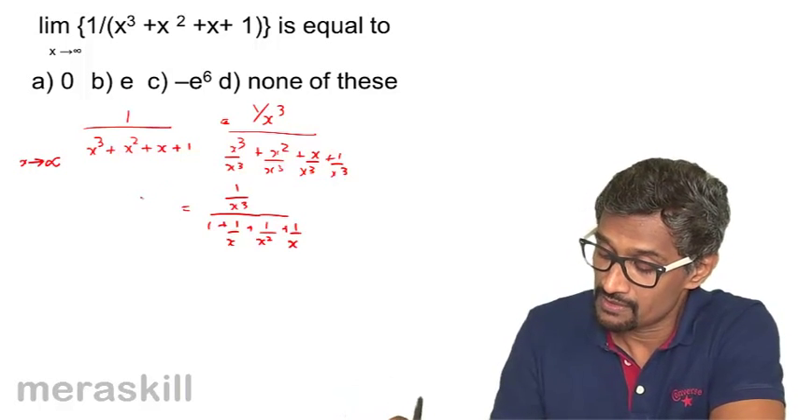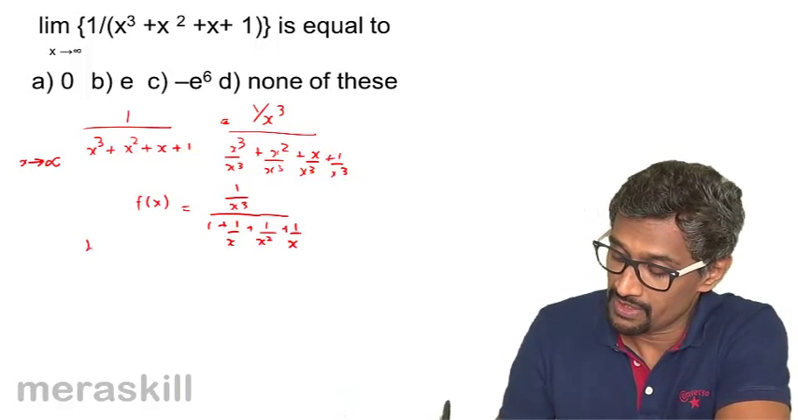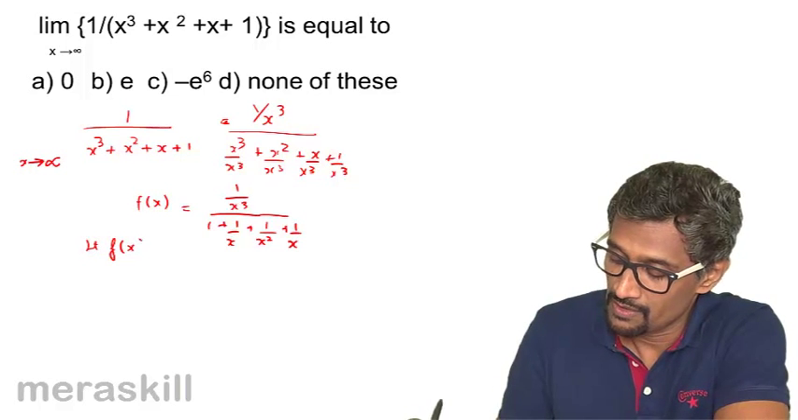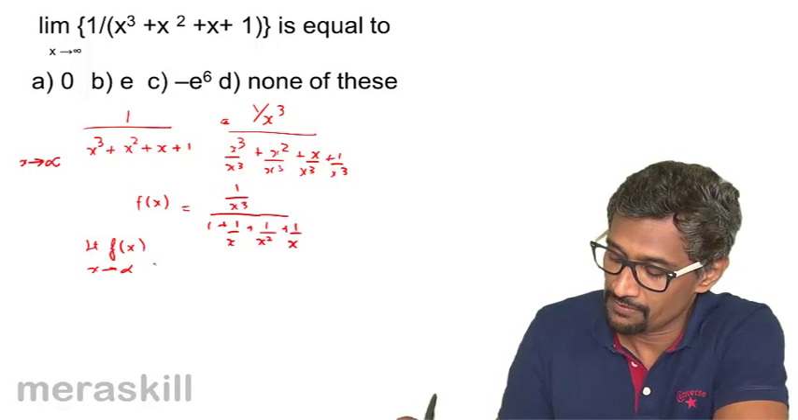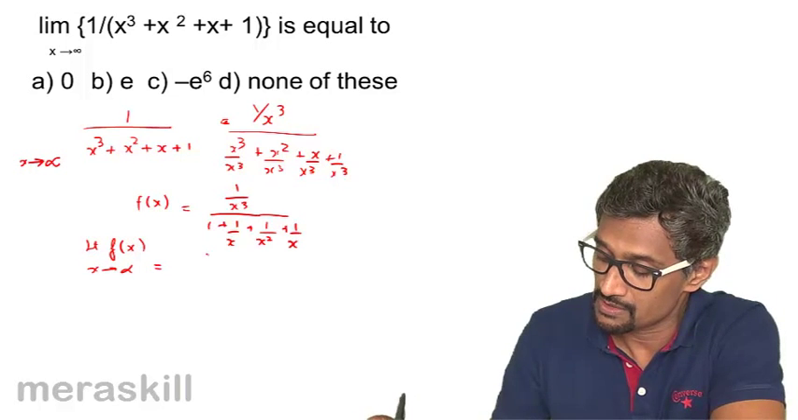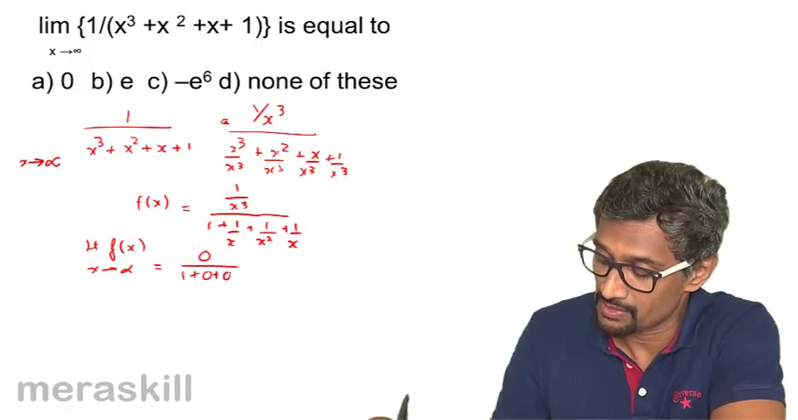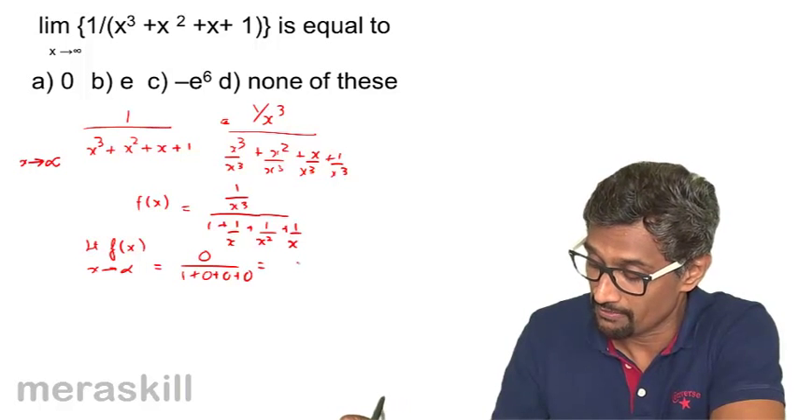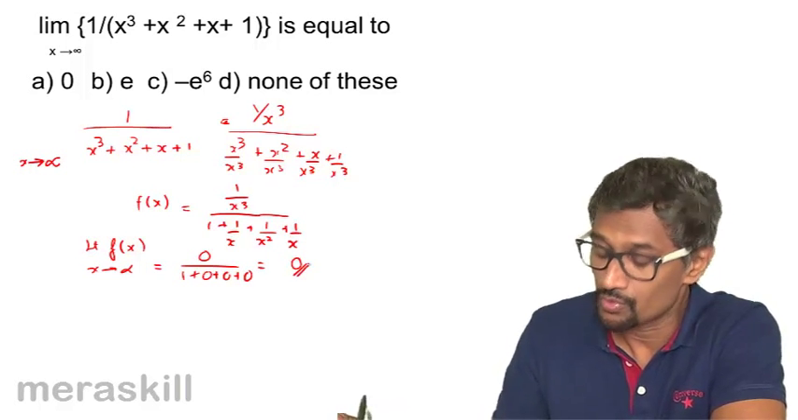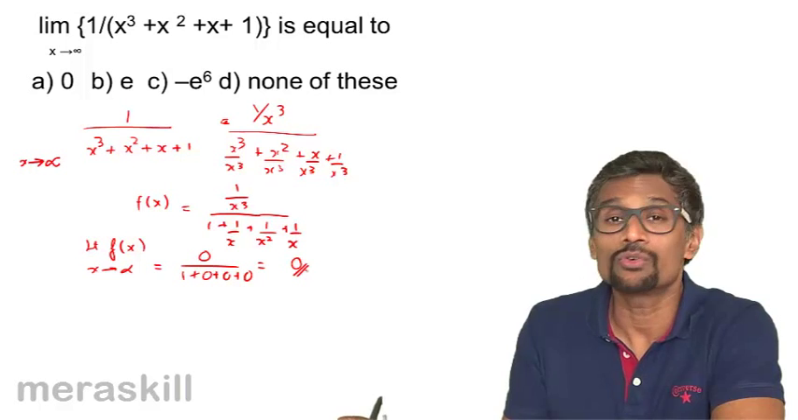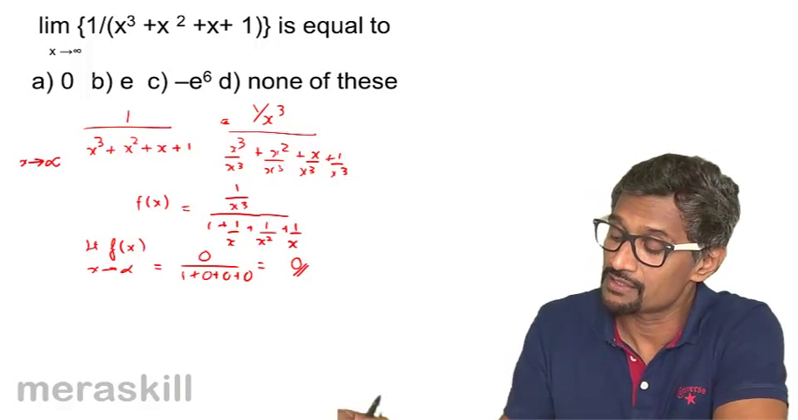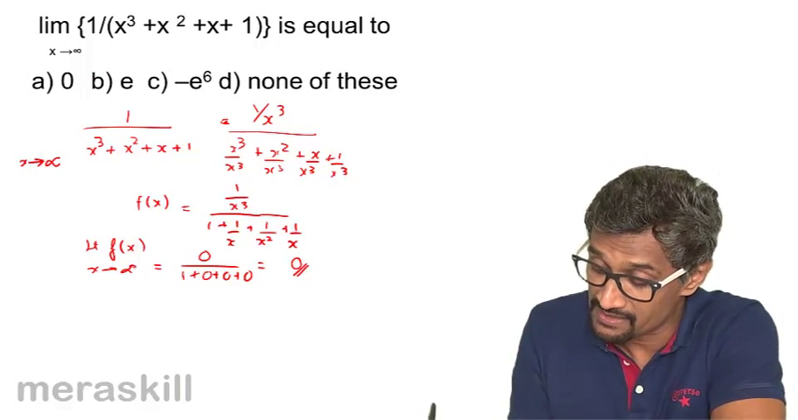Now this is a function. Now limit of this function as x tends to infinity will turn out to be 0 upon 1, 1 by x is 0 plus 0 plus 0. So it is 0 by 1, which will be 0. Since the numerator is 0, the value of this expression, that is the limit of this function as x approaches